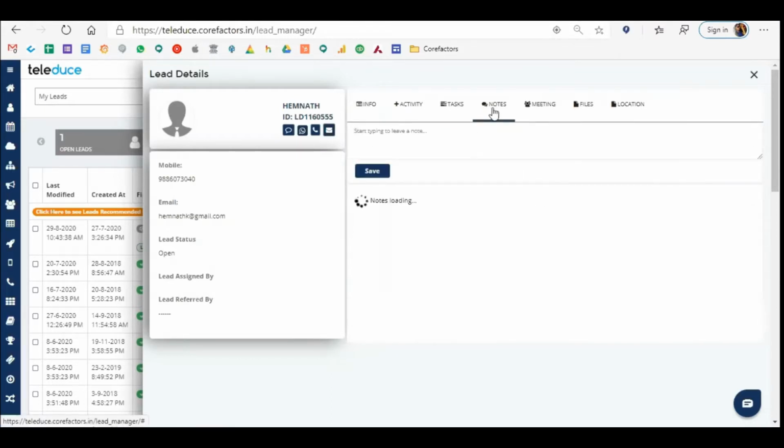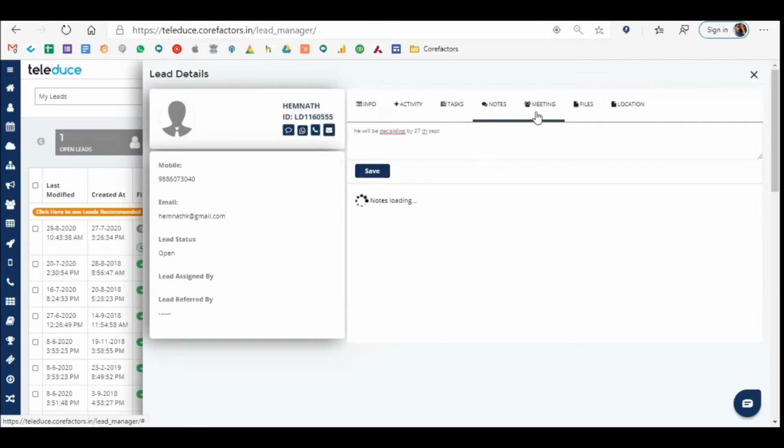Apart from this, if I'm maintaining any notes, right? So I'll be maintaining notes saying that he will be making the payment, or he will be deciding by 17th September. So some information, something like this. I'll be able to save that also. Apart from this, if I want to create any multiple notes, I should be able to do that.